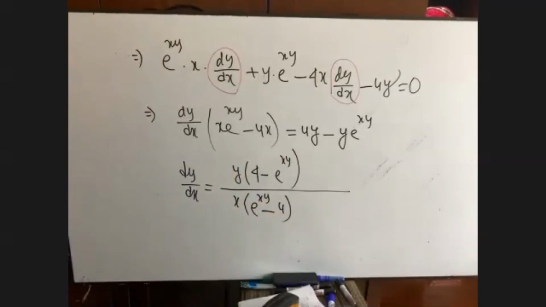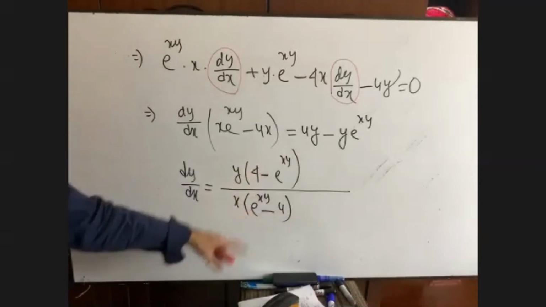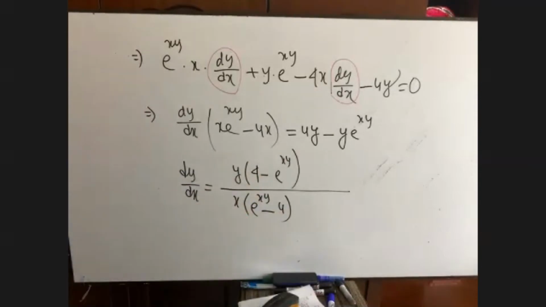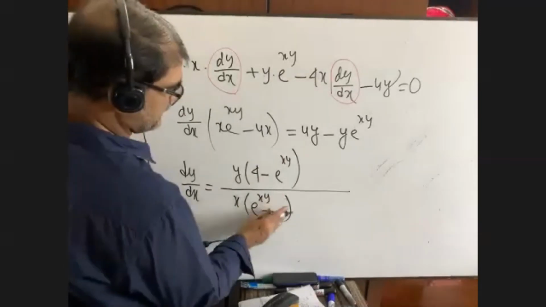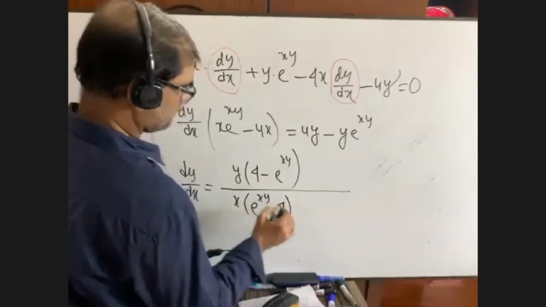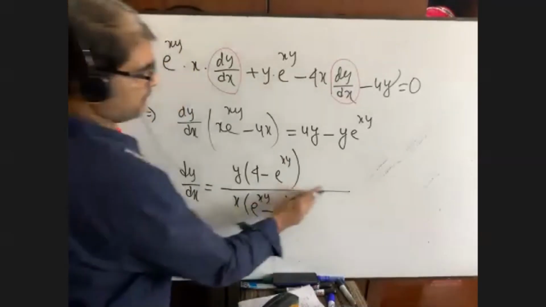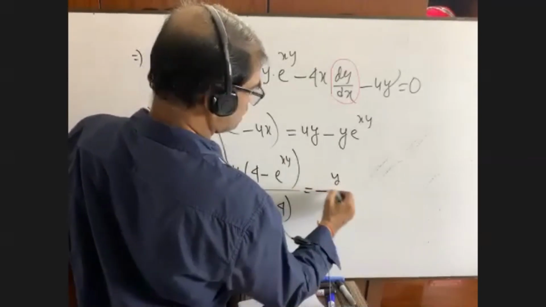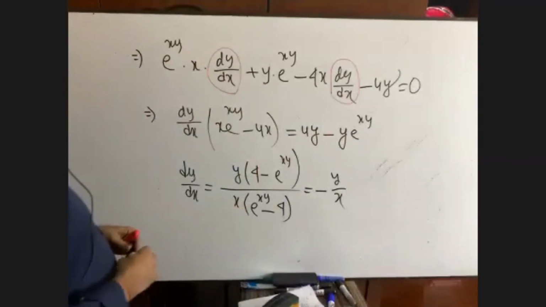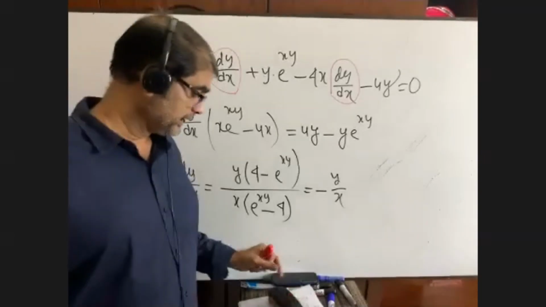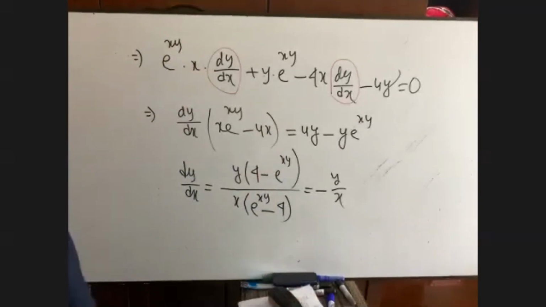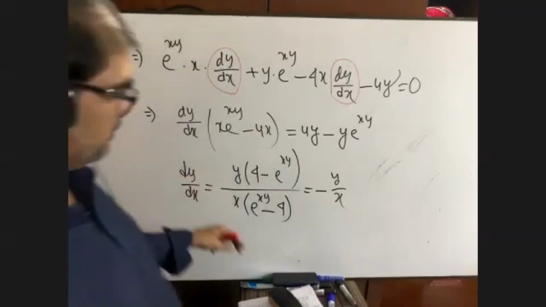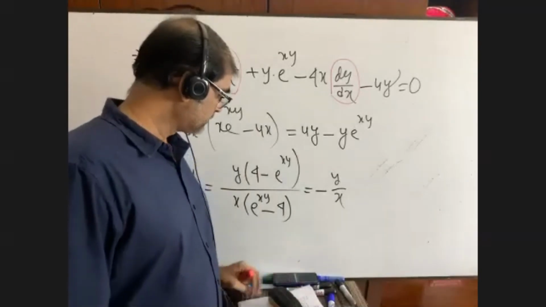Yes, sir. And have you seen they differ by only a minus 1? It is 4, right? It is 4. So we can cancel this, minus y by x. Talk to me, all of you. Yes, sir. And yes, it is the answer. How have I done it? Sir. I have taken a minus 1 common from the numerator or from the denominator.